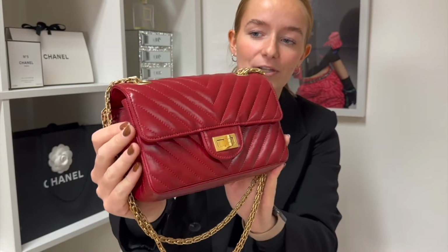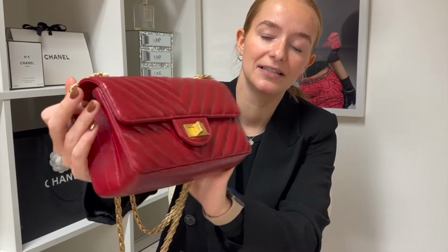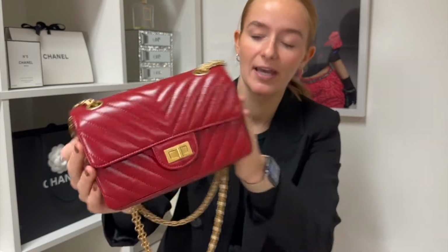I won't keep you waiting any longer. The new handbag was this stunning Chanel Reissue in the mini size. Now the colour of this Reissue handbag is stunning. I am absolutely in love with this red, and I'm not a red person, I'm not a big lover of red, but this is just beautiful. It's so nice, and the colour of the gold hardware just matches the red so nicely. And you can probably see there as well that the leather is slightly crinkled, so I just love the overall